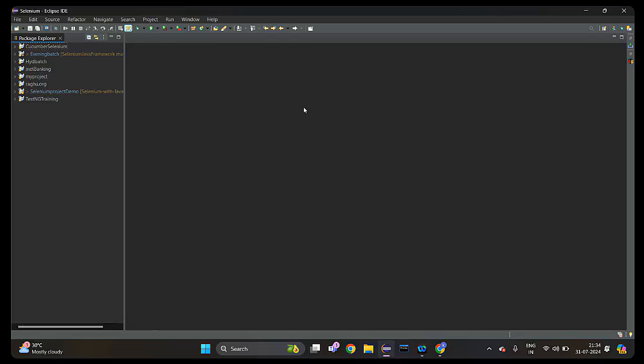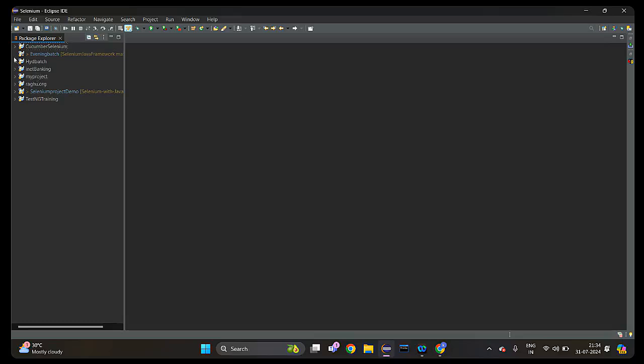And if that particular test has to get executed, you should give enable equals to true, enable equals to false. If you give false, that particular test case is not going to be executed. Likewise, here also we have tags. I'll show you practically, but before that I just wanted to tell you that suppose I have a few